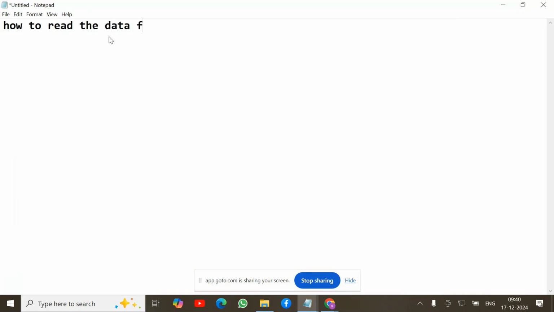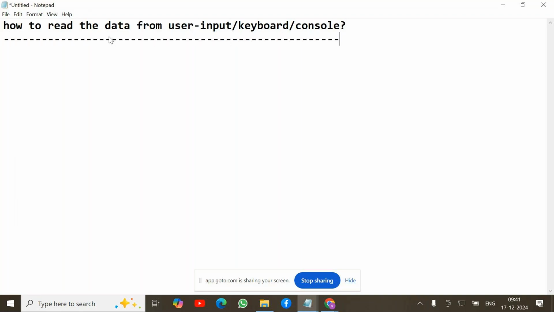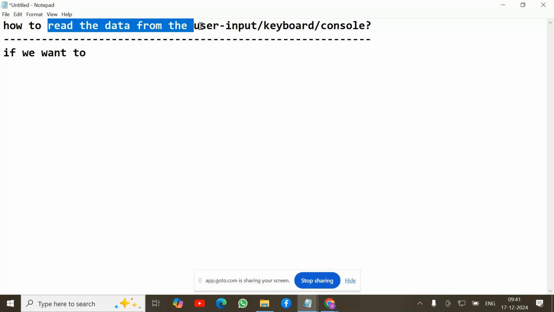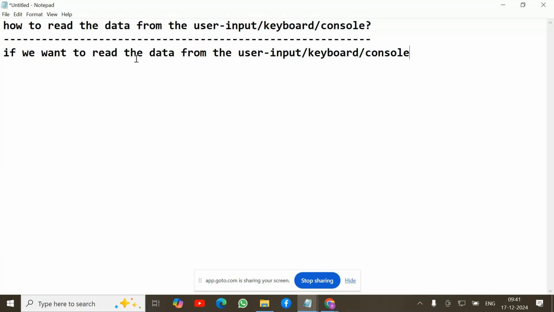How to read the data from user input, or keyboard, or what some people call the console. If we want to read the data from the user input or keyboard or console in